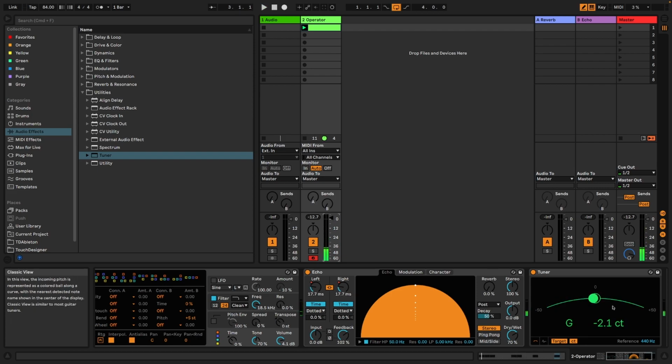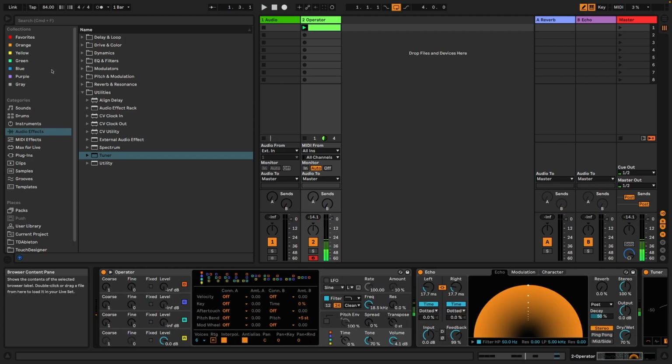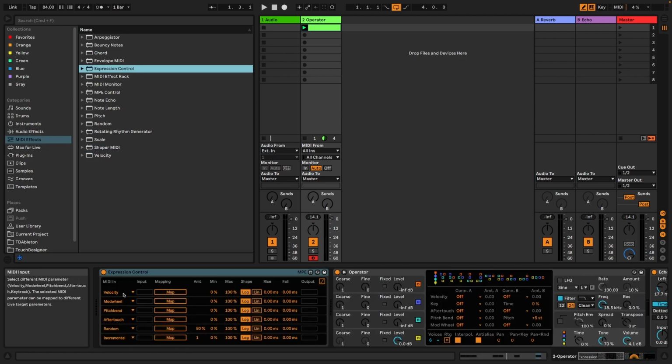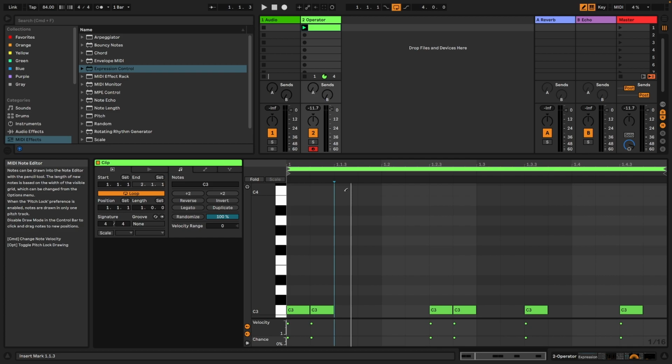But as you can see, it doesn't follow a Western scale. The other thing you can do, because I still think that this atonal method is quite interesting, but to be able to, actually we delete the automation, and then we go in and take the trusty Expression Control, and then we change the drop down to key track. So if I now drop a few different notes in here,